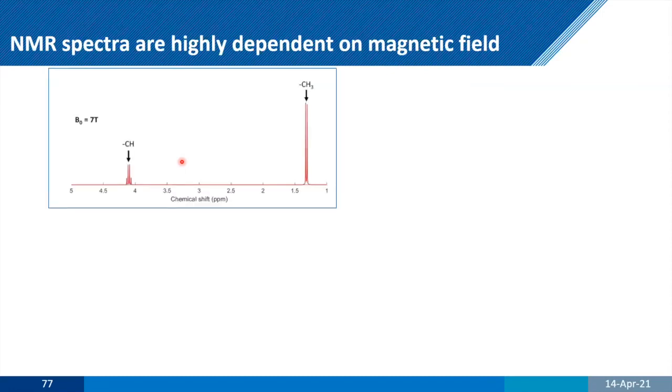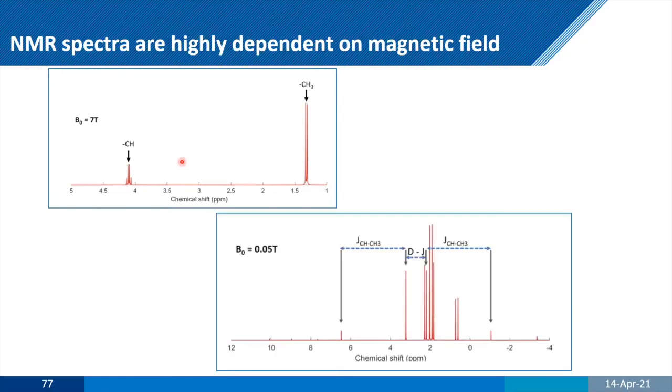Well, again, what we start off with is looking and saying, what would a high resolution spectrum look like at this field strength? So here's a standard. If we look at lactate, for example, we have a quartet and we have a doublet from the CH3 and the CH at 7T. What would that look like at 50 millitesla? And the answer is completely different. This is what is called strong coupling, because our delta chemical shift here is comparable with our scalar coupling. And that means the spectrum becomes a lot more complicated, but there are a lot more interactions between those. So that's kind of interesting.